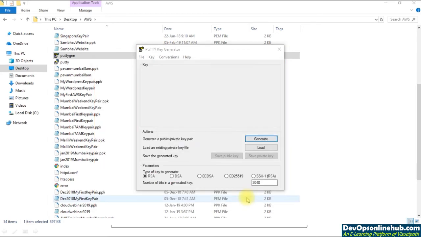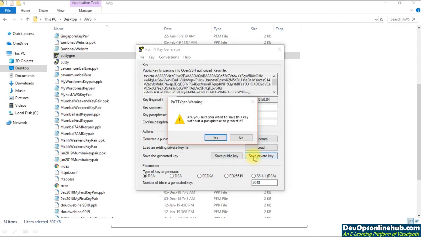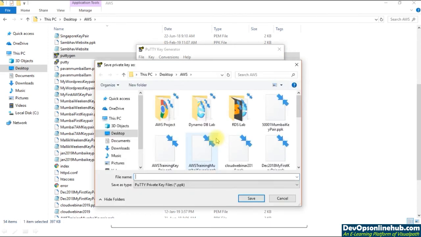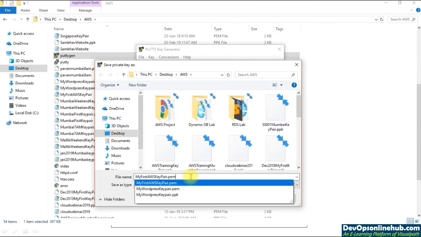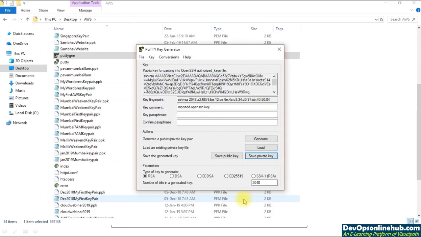This is the one. I'll open it up, and then here you get an option to save the private key. Just click on this and it will ask, are you sure you want to save this key without a passphrase to protect it? I'll say yes. And again I'm going to give the name. I'll save it with the same name, but the extension will be PPK. As we see here, this is the PPK extension. I'll just save this file.